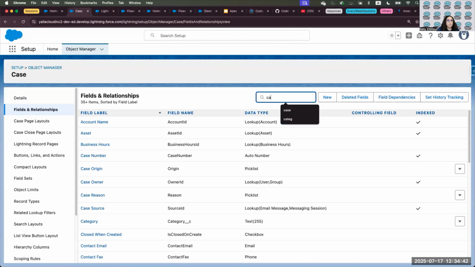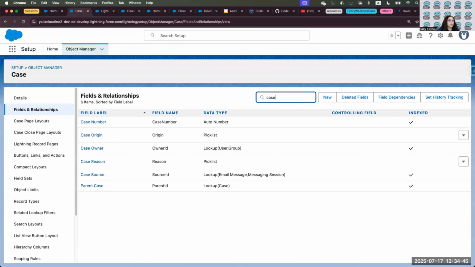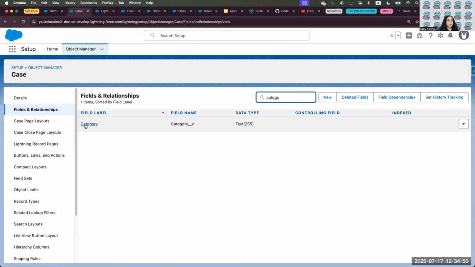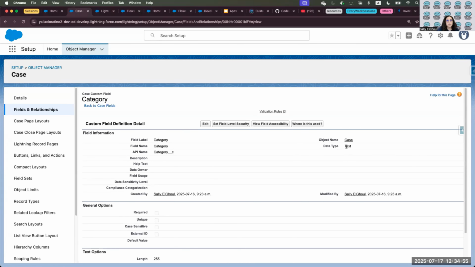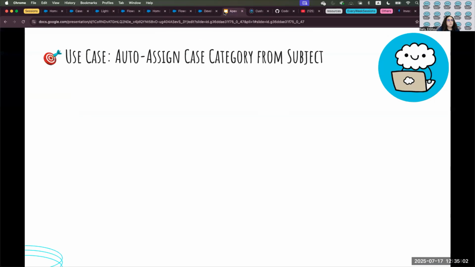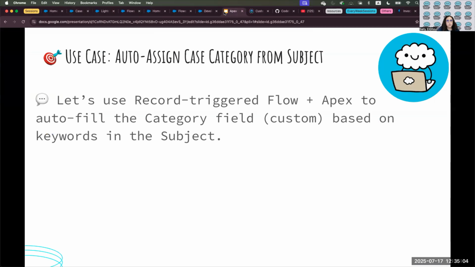You can have a field called category. You can have the category as a picklist. In my case, I decided to make it easier for me and make it as a text just for the purpose of the demo. So what we want to do is we want to fill this case category automatically for us when a case is created. And when the case is created and we want it to happen without user intervention,